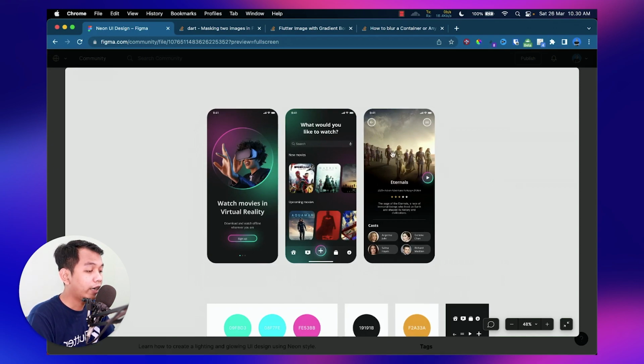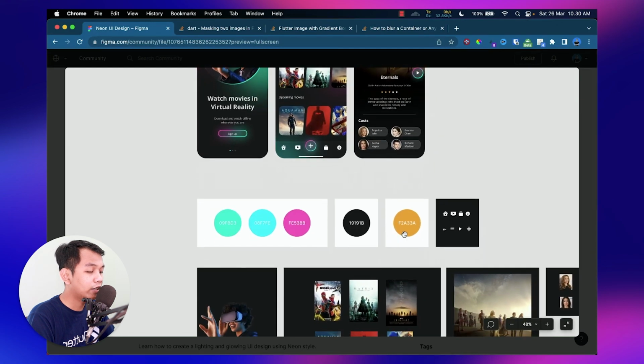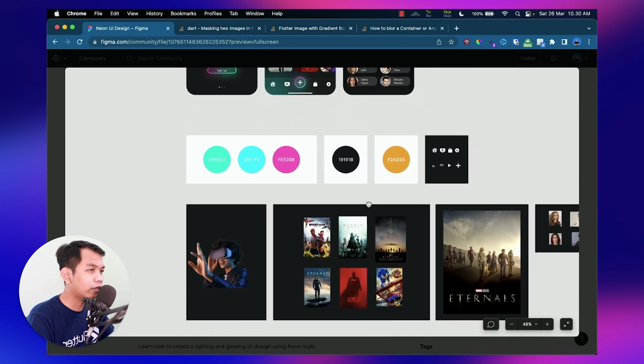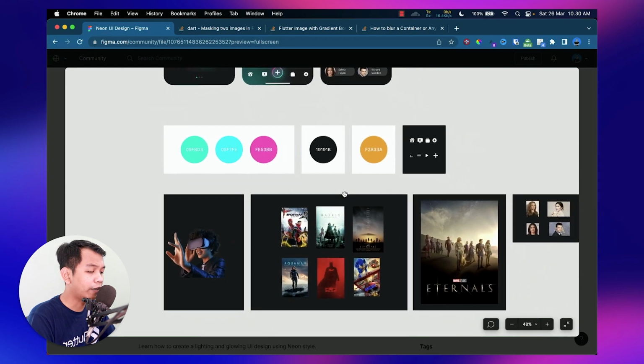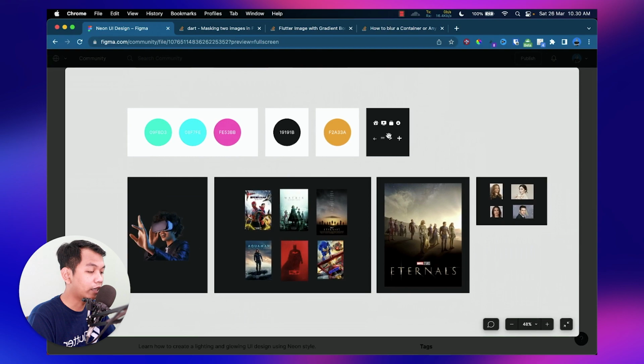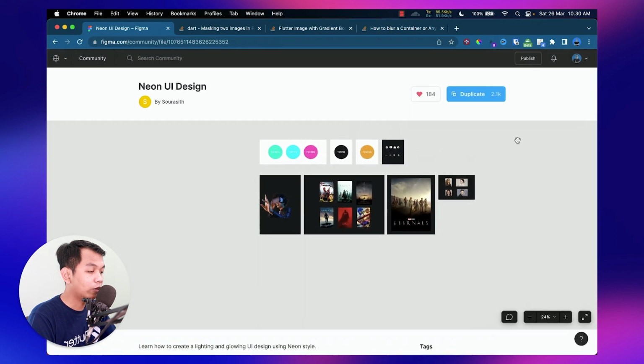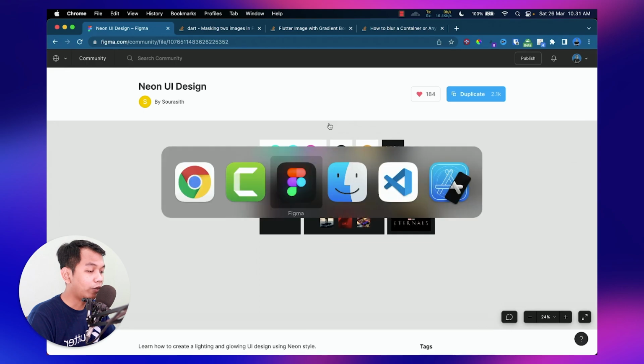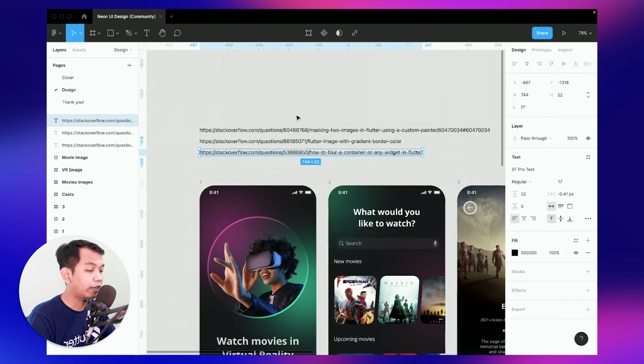This Figma includes assets, colors, movie posters, and icons. If you want to duplicate, you just click this duplicate. And once you have duplicated this Figma file, it will go to your Figma app, looking like this.